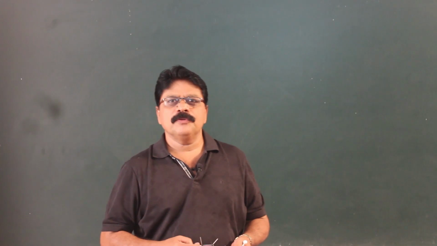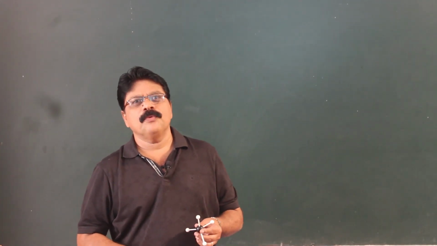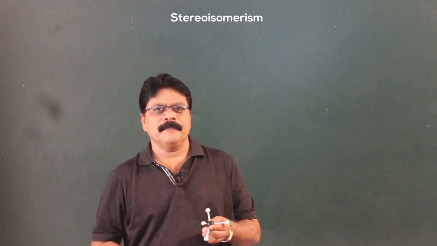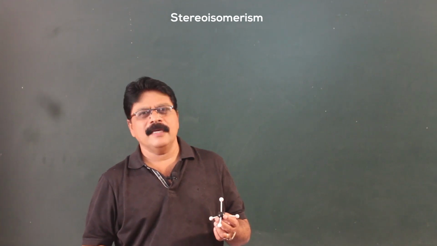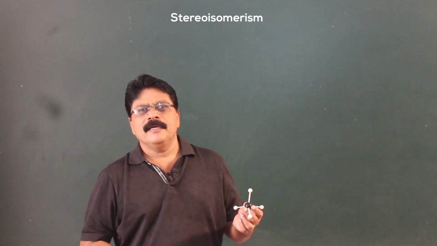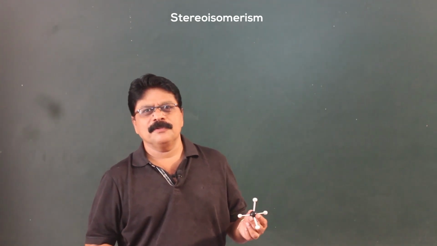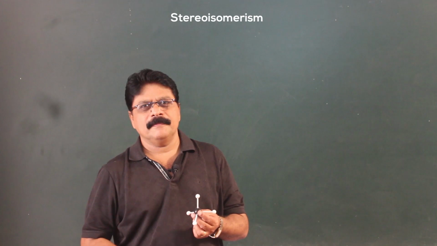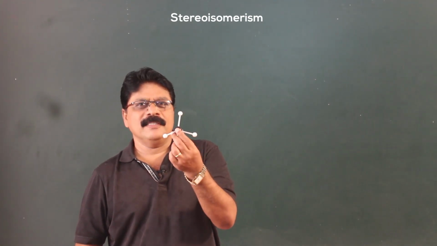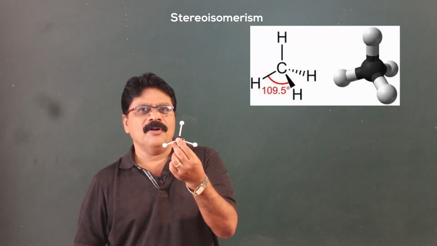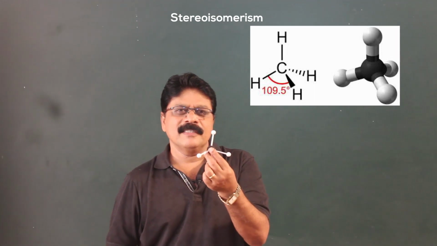Now, we move on to stereoisomerism. Before that, let me just tell you what stereochemistry is. Stereochemistry tells us how a molecule appears in 3 dimensions. For example, somebody asks you what is methane, you say it is CH4. What's the structure? You say one carbon bonded to 4 hydrogens. But when you talk about stereochemistry, you are talking about how the atoms on the carbon are arranged in space.